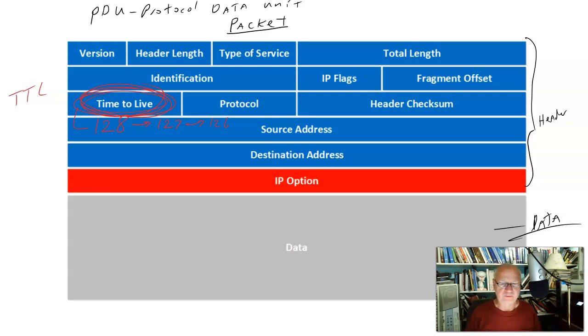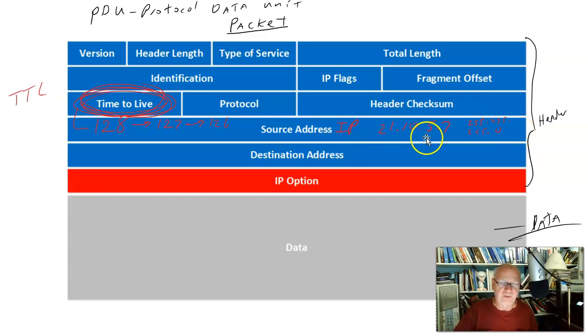A couple of other important fields here are the source address. Now, these are the IP addresses. So the source IP address. So let's say that this is coming from 21.10.5.7. And of course, there's some subnet mask, 255.255.255.0, I'll make it. It could be anything, but this would be the source address, the one that it came from, and that's important to know because then the responding device that this gets to needs to know where to